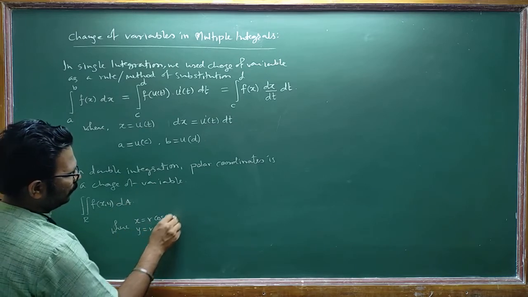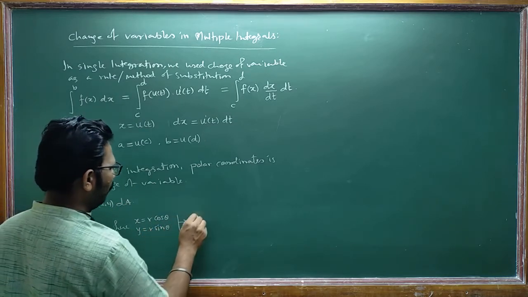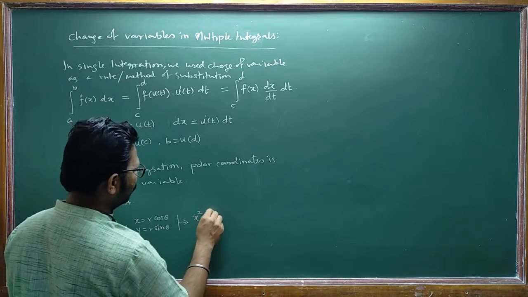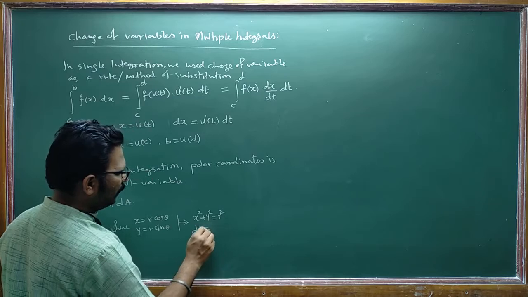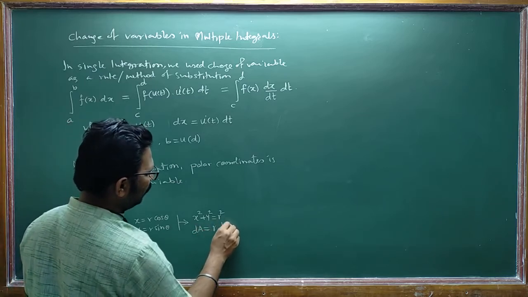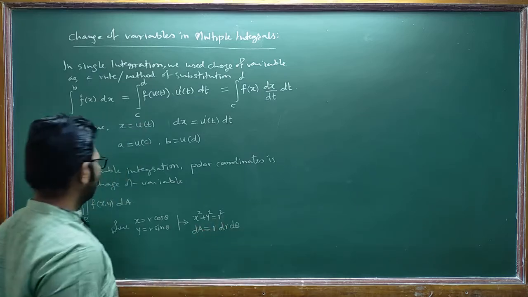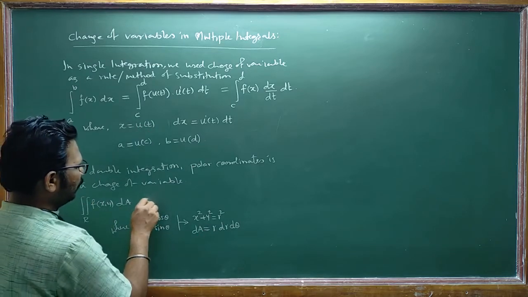So by using this substitution, we get x square plus y square is r square, and this small area dA is r dr d theta. Okay. So this problem of integration is getting converted to